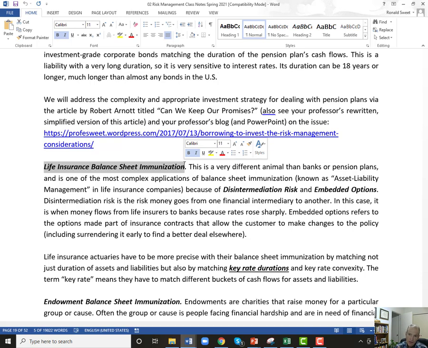The other problem they have is when interest rates fall. Because they have a lot of 5 and 10-year bonds locked in, their crediting rates, what they pay their customers, don't drop, whereas bank CDs drop a bunch. So when interest rates fall, insurance companies can get a lot of money from customers, which they don't really want because they're getting all this cash when interest rates are low, and that's going to kill the rate they're paying their other customers. So whether interest rates rise or fall, they're killed.